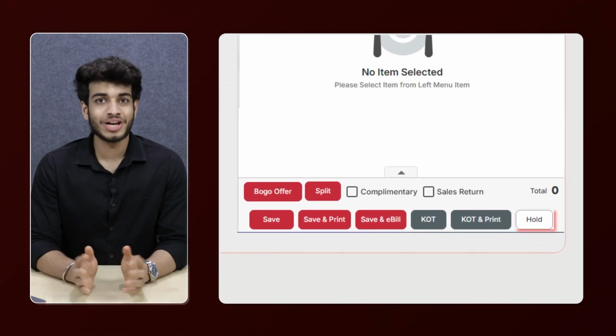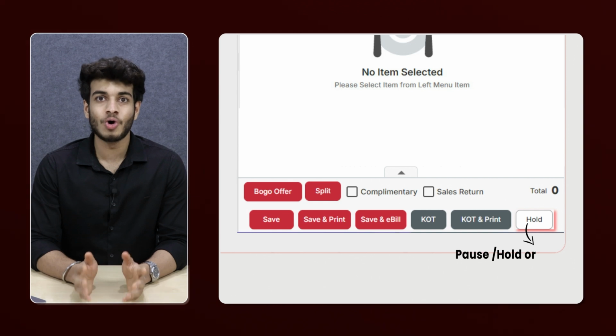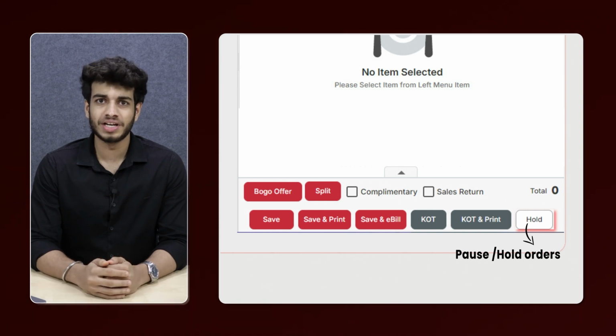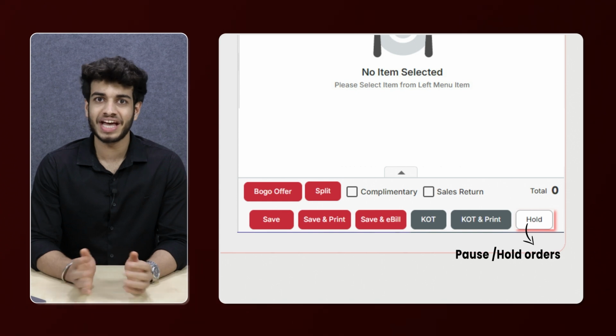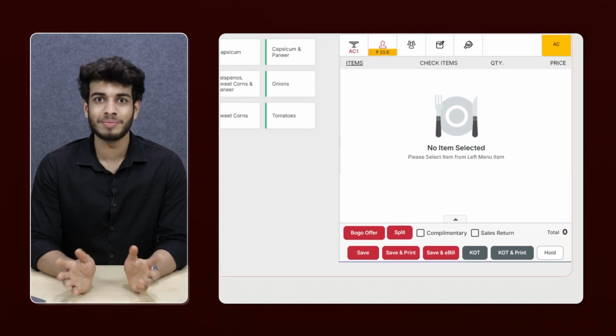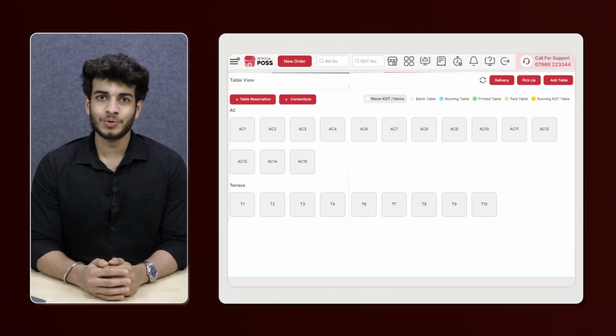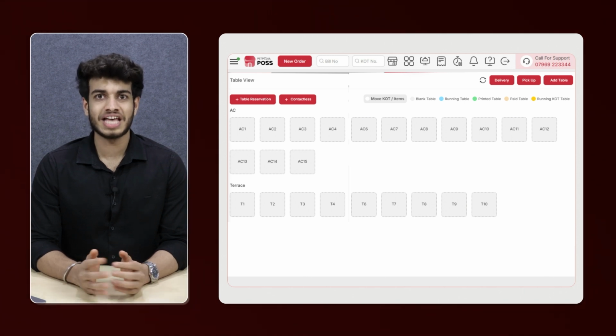If you want to pause an order for some time, you can use hold order feature. For example, if a table orders starters first, you can pause the billing there and resume when they order the main course. Live view in the table management section gives you an overall look of the things happening in the